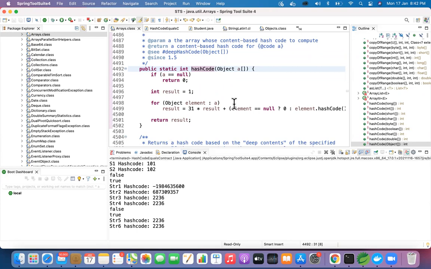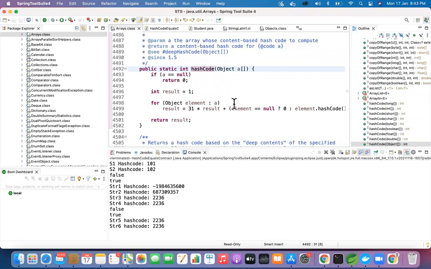You can have your own prime number, or use a larger value than 31 and create a stronger hash code. It is more secure. That is the first reason we always prefer a higher prime number, and based on that we generate our own hash code value.